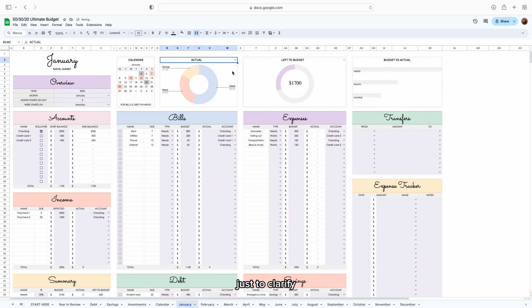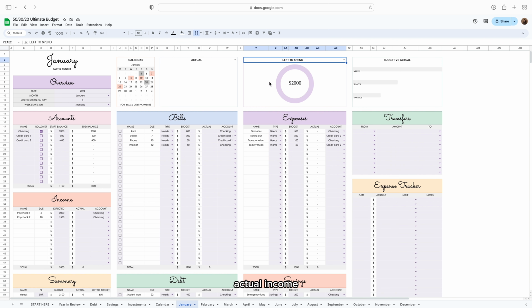Just to clarify, your total spending allowance, aka left to spend, depends on your actual income or on the end balance of the accounts you have chosen to roll over. Just to show you how it works, if I only roll over my checking account, I will have a spending allowance in the amount of the end balance of my checking account. If I also roll over my credit card balance, my spending allowance will decrease due to the outstanding balance I have to pay off on my credit card. If you don't roll over any of your accounts, your left to spend will 100% depend on your actual income